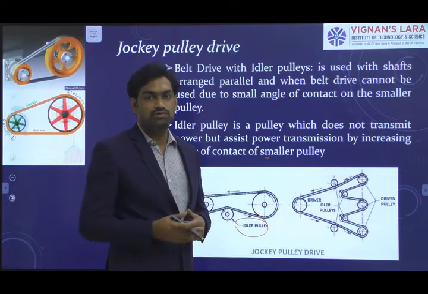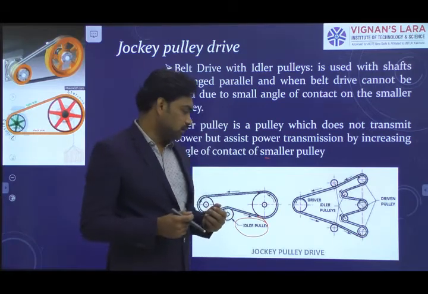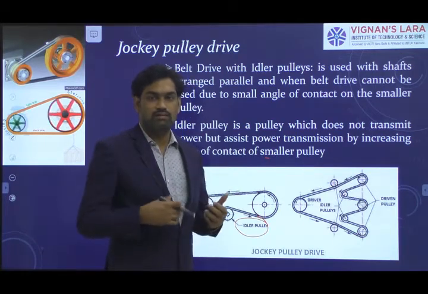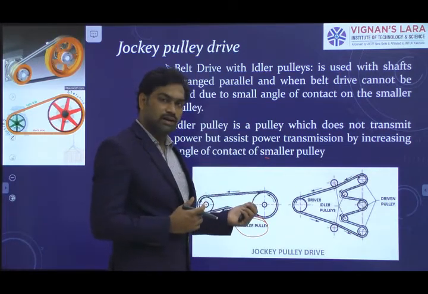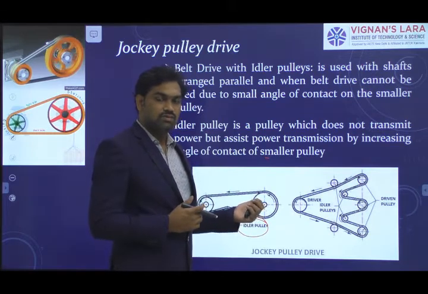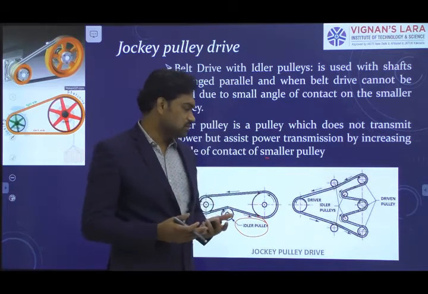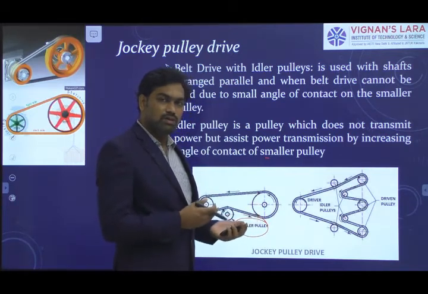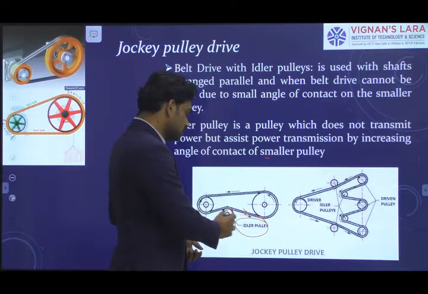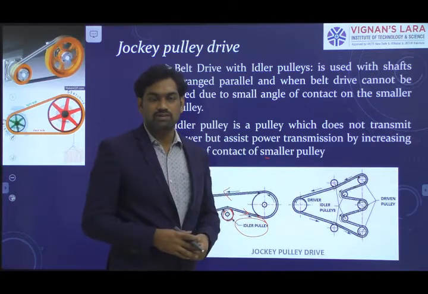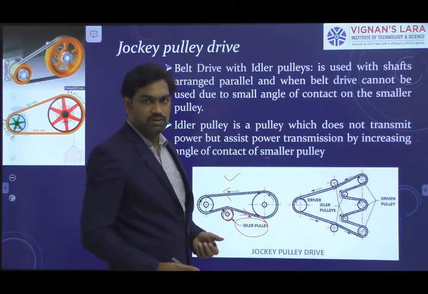With continuous usage of the belt, there is a chance of wear as well as sagging of the belt, which reduces the tension in the belt. Whenever the tension in the belt decreases, it will affect the power transmission. To avoid such conditions, we could increase the tension by reducing the length of the belt, which will take some time. Instead of that, we can go with the alternative of an idler pulley. By placing the idler pulley here, we can increase the tension in the belt, which gives rise to effective power transmission. That is one case where we can use idler pulleys or jockey pulleys.